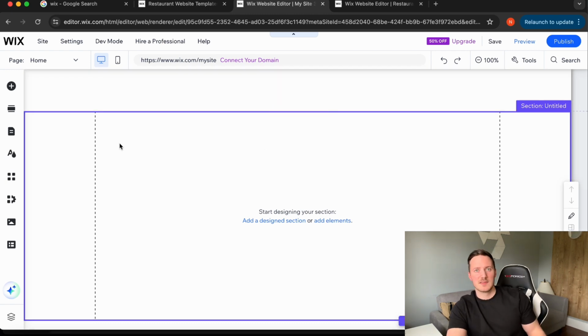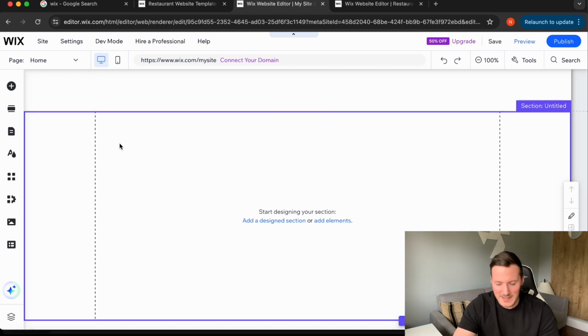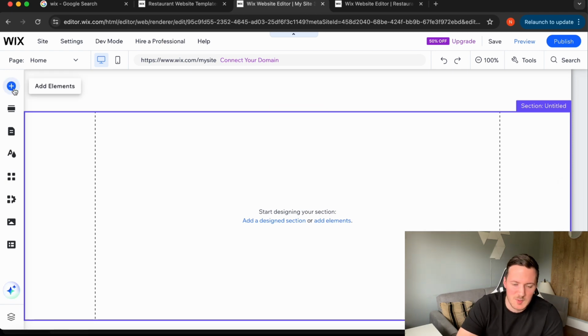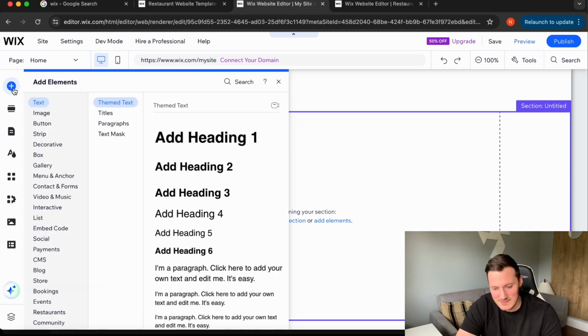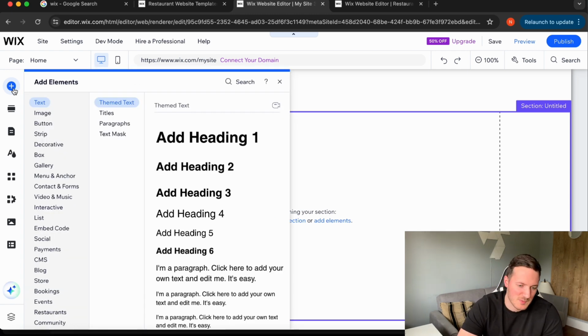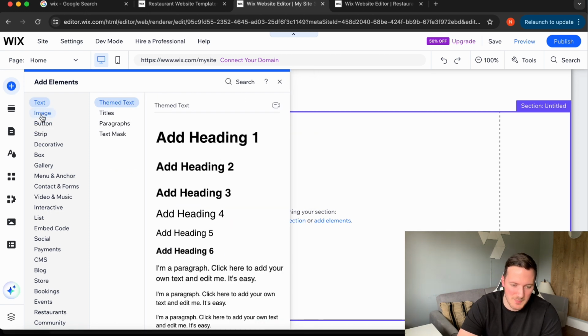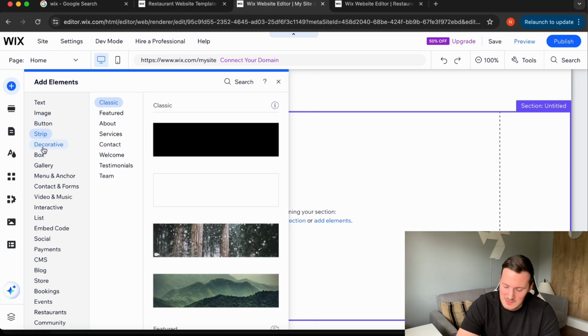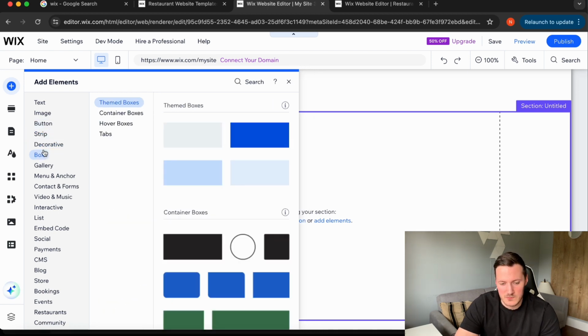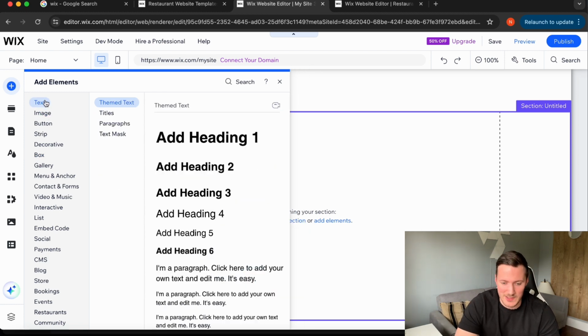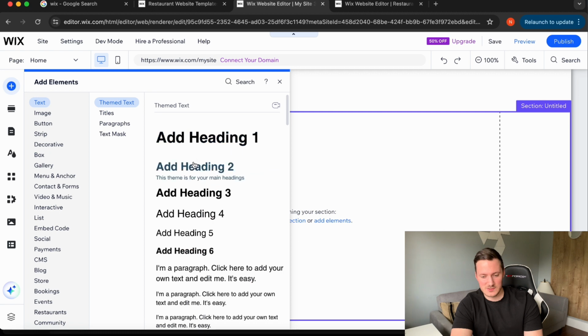Let's start adding some bits and bobs to this page. Again, I'm just trying to show you how easy this can be. The plus button, add elements. I click that, and at that point, there's going to be, again, a lot of different options down here. Text, image, button, strip, etc. Just for now, the main ones you'll be using are the ones at the top, most likely. So let's just chuck in a quick heading. So add heading 2,